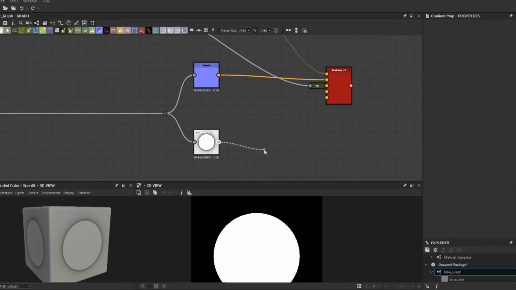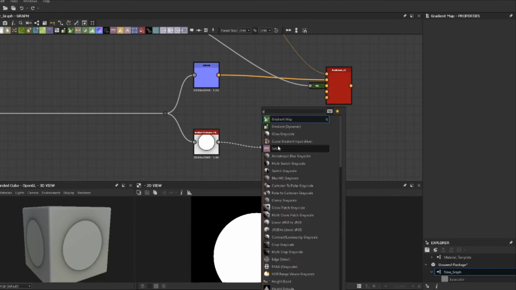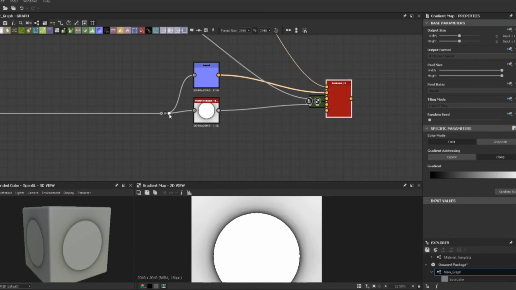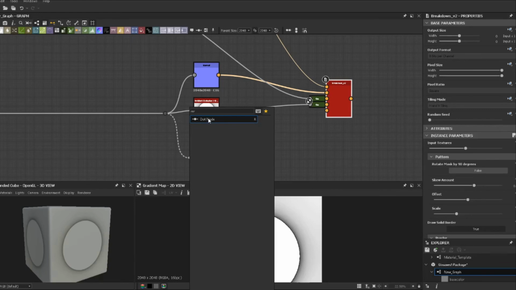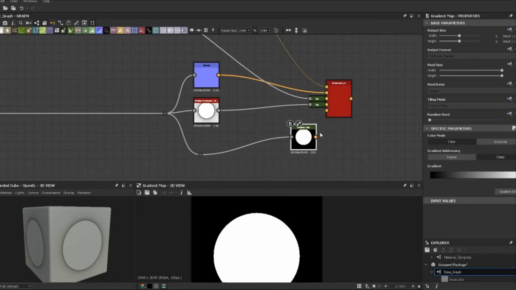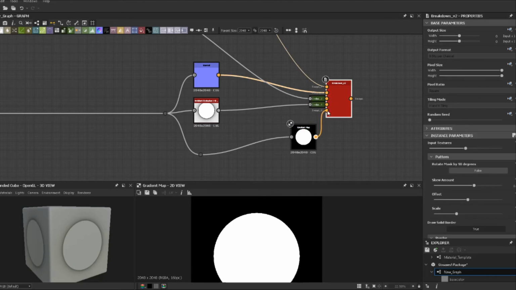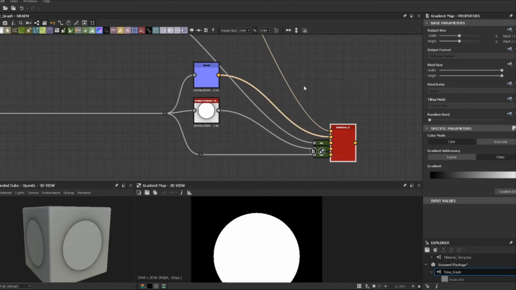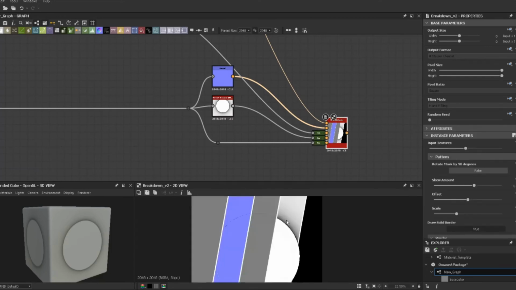I'm going to do the same thing off this ambient occlusion. And I'm going to plug that in here and press D. And then I need one more, and that's just the height data. So I'm gonna make a reroute here just so it's a bit more nice. And then plug that gradient map in. And there you should have,